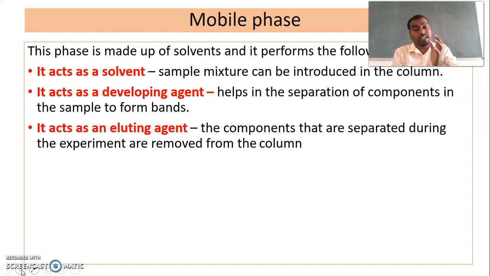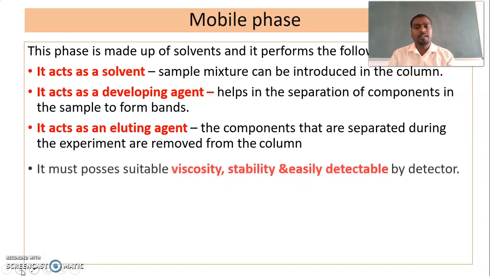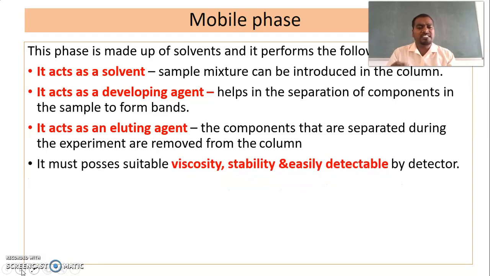The process of extraction of these analytes from the column by continuous running of solvent or mobile phase is called elution. The solvent used for the elution is called the eluting agent. So this mobile phase acts as a solvent as well as an eluting agent, and it must possess stability and viscosity,